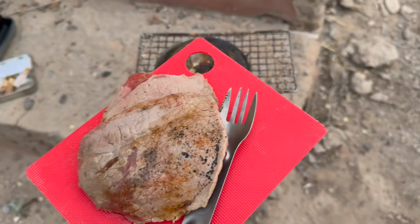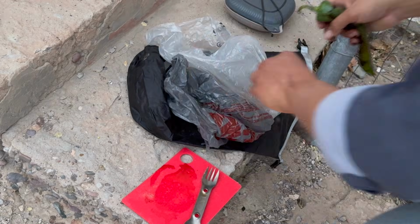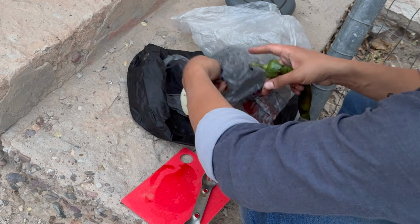So these are good to go. I had to kind of hurry because these ants are attacking me. In fact, some are climbing right on my boots as we speak. All right, let's get the...